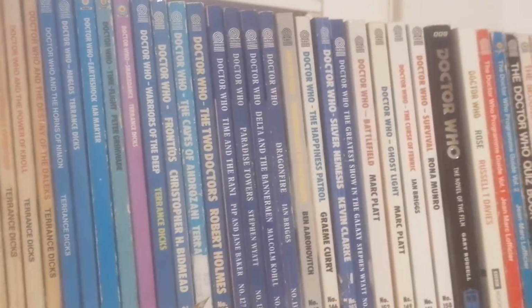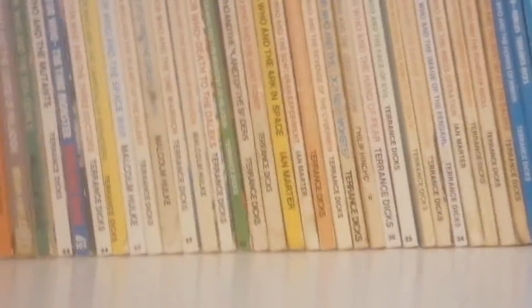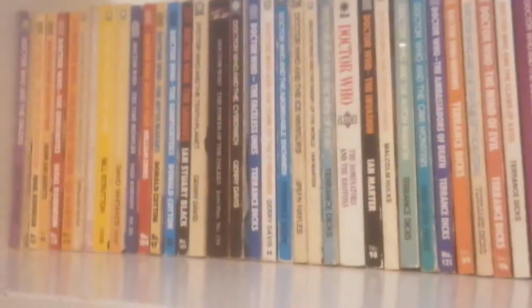And there you go. That is my entire Target book collection for April 2021. So expect another update at some point, I'd say later on this year, because Comic-Con's happening again, and I will certainly be buying more Target books. So yeah,